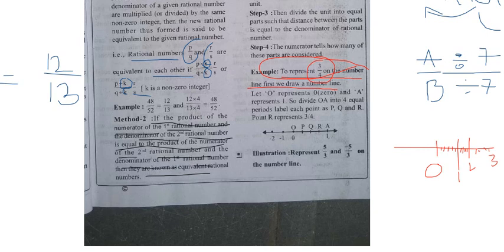No. If you want to represent it on the number line, you have to convert it into decimal first. So 3 by 4 converted into decimal is how much? 3 4s are 12, 7 4s are 28, and 2 remains, so 20. 5 4s are 20, so it is 0.75. Where is 0.75 possible?